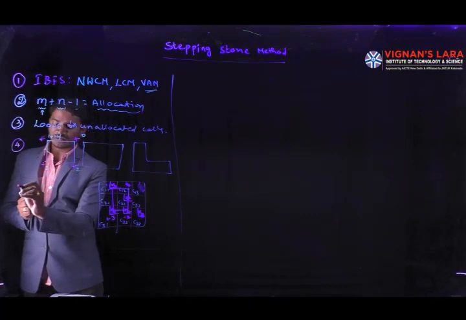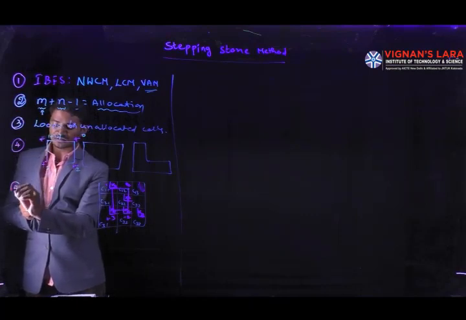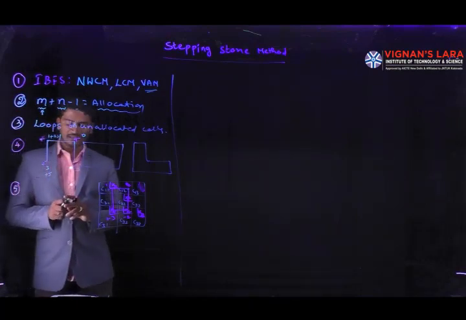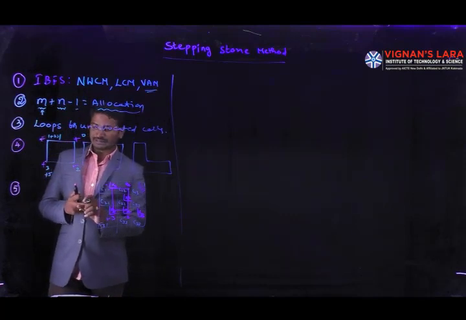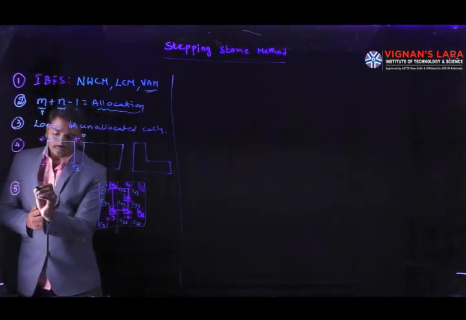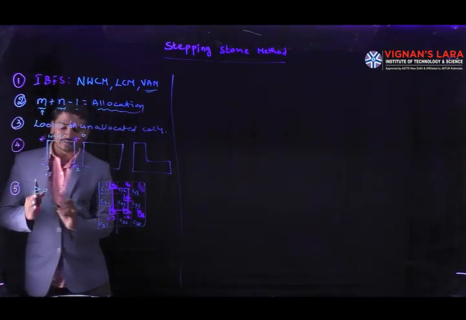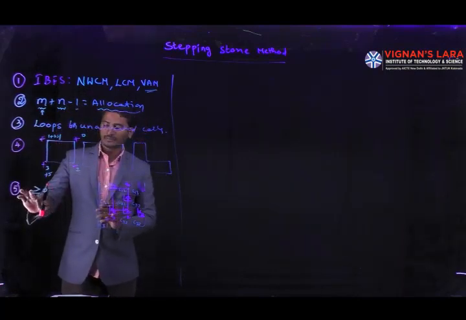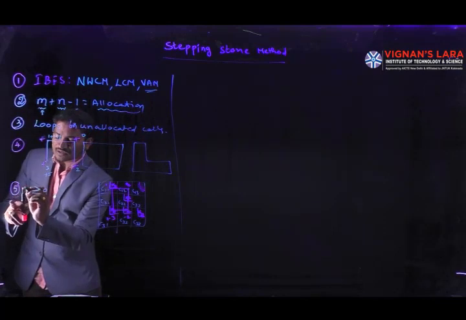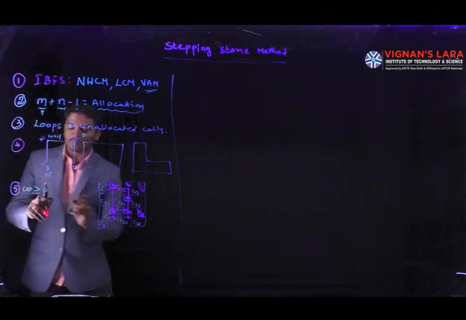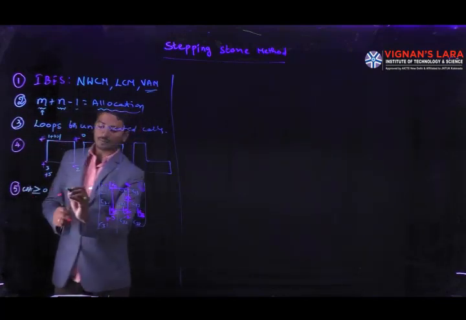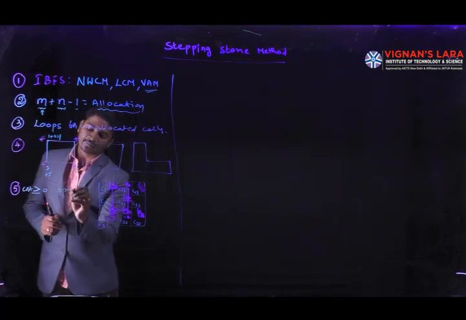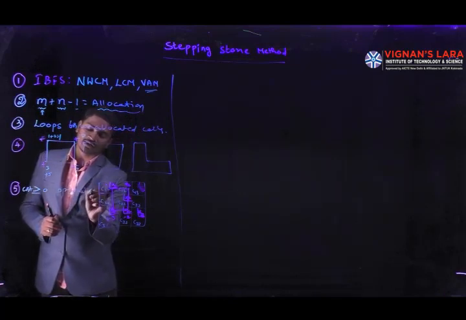After transferring the values, after transferring the unit cost, units, then we are going to check whether the values are greater than or equal to 0 or not. It means here these are the cost values. The cost is greater than or equal to 0. If it reaches this, the problem reaches the optimality. Otherwise